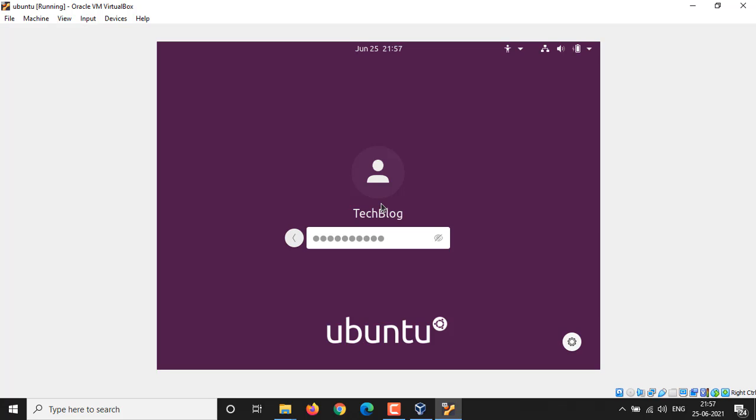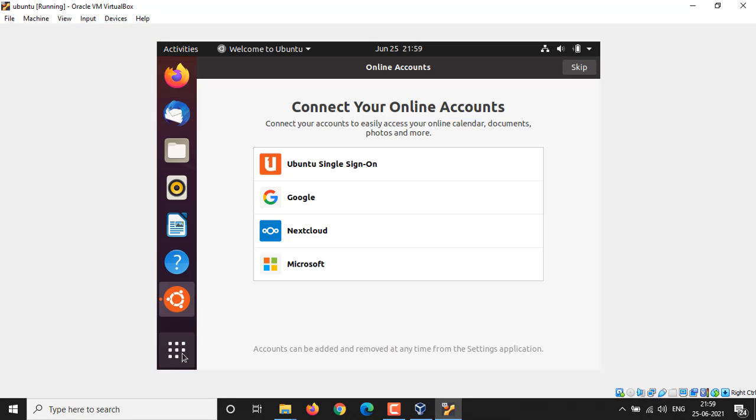It will be asking for the user password. I am going to give it and hit the Enter key. Wow, I am in my brand new Ubuntu system now. Before doing anything else, first I am going to change my screen resolution. For that, jump over to the launcher icon, type in settings and open it up.